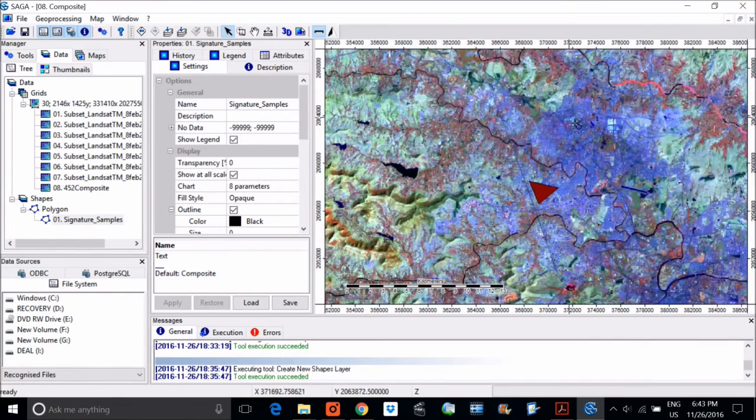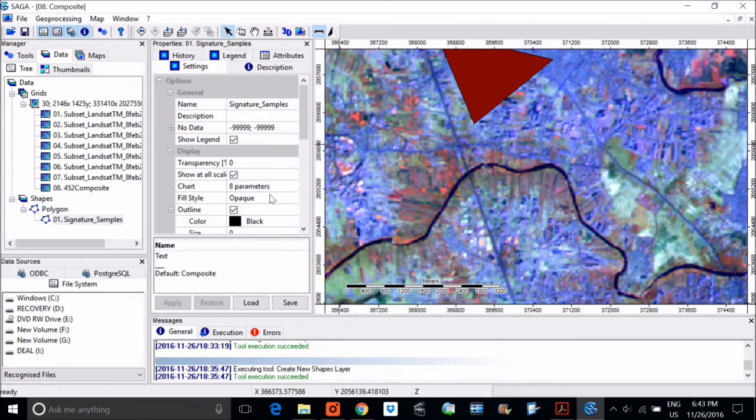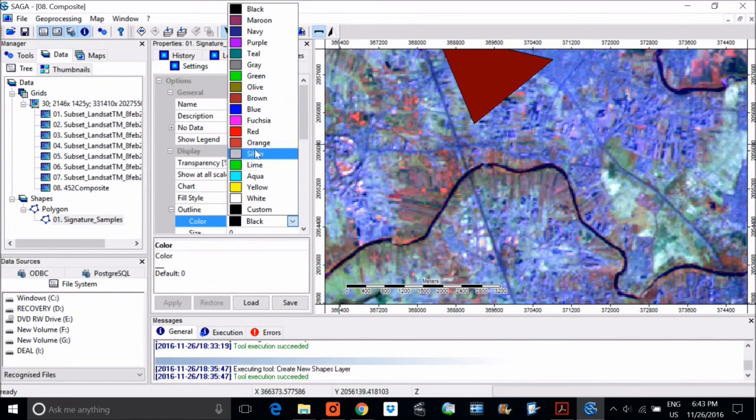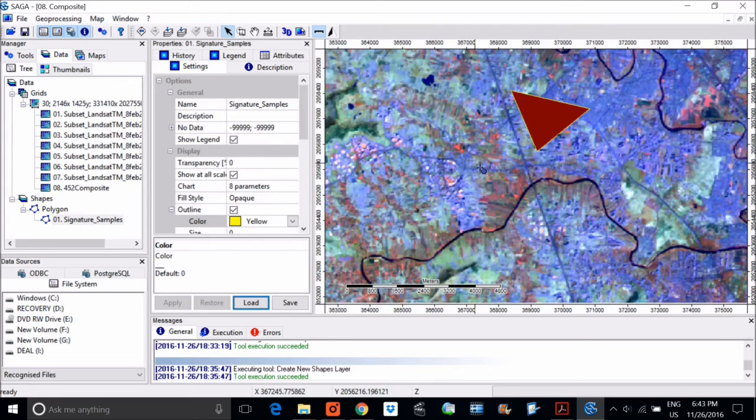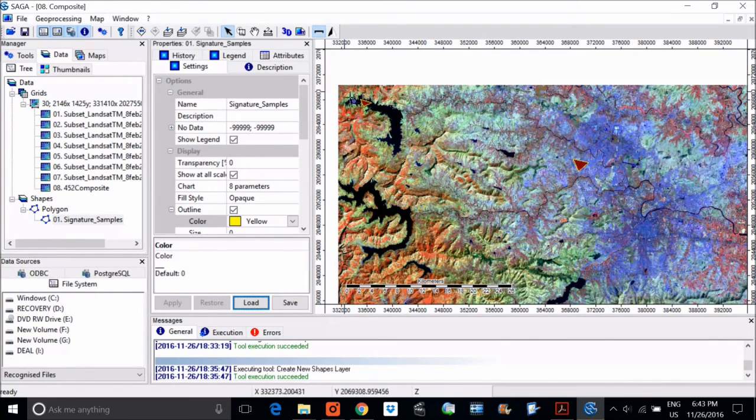Okay. If you're not able to see them, you can change the color also. You can change the color to, say, yellow and apply. These are the lines, right? So it will show you. These are 2. Let me show you. This is the first one. This is the second one. So we have made the shapes now. Okay, once we have made the shapes.